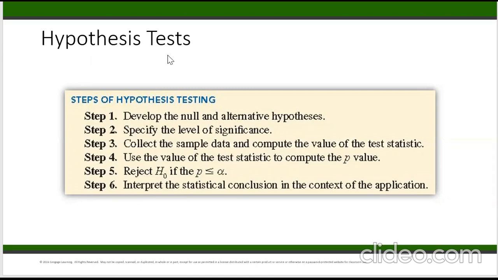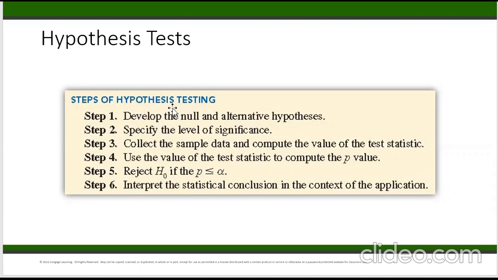For example, we might be testing to see if the population mean of a variable is equal to 1,000 or not. That can be a hypothesis test. So when you're trying to run a hypothesis test, in general, it doesn't matter what type of test you're doing,